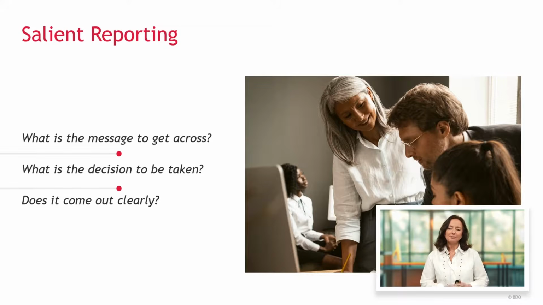And then, I've done a lot of reporting redesign in my life, and my core question is, what are you trying to say? A lot of reporting, risk and otherwise, has the weakness often of not having a salient message, not having the most important message come first. So I would encourage you, when you review your risk reporting pack, to really ask yourself, what is the key message I want to get across? Or what is the decision I want to be taken, especially if you report to management? And then just as importantly, does it come out clearly in my message?